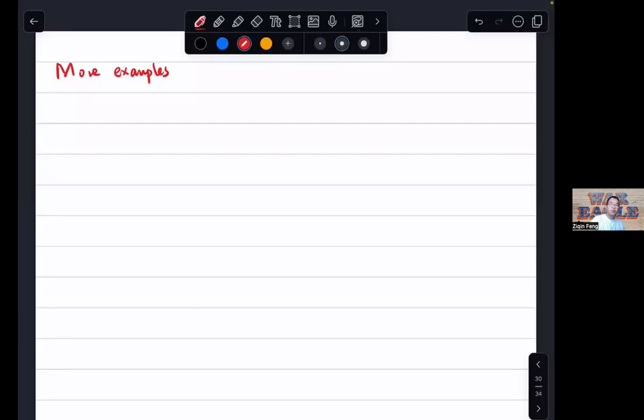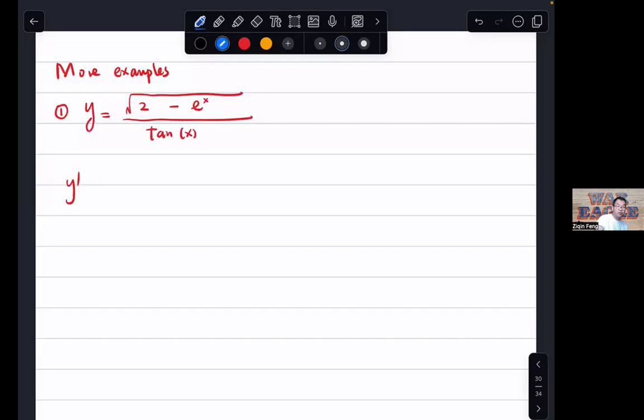In this video, we will see a few more examples on differentiating very complicated functions. Let's see 3 examples. The first function here, y equal to square root of 2 minus e to x over tangent of x. We want to evaluate y prime. I can see that we need to use all the rules we have before: quotient rule, difference rule,